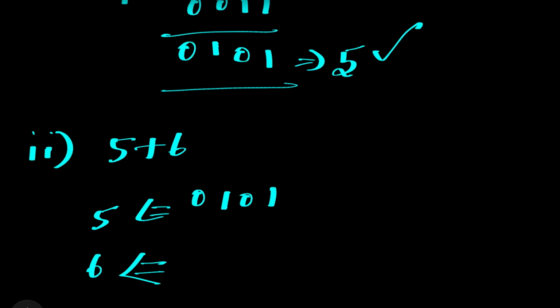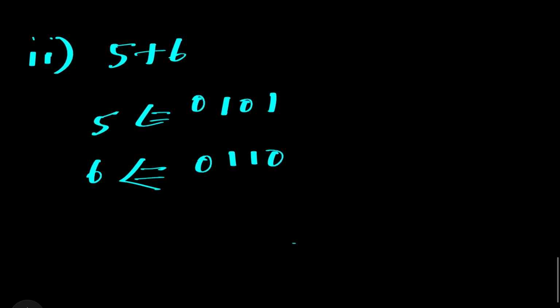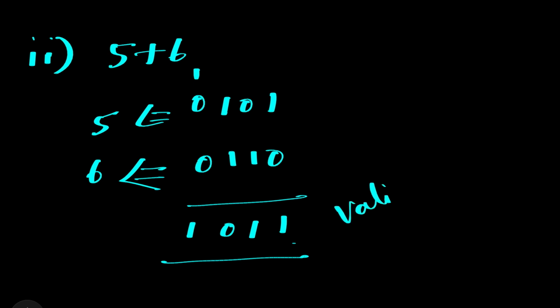So we have 0, 1, 1, 0, correct? So now if we go for the BCD addition, what happened? We have 1, 1, so 0, and there will be a 1 carry, so we'll be having a 1. Now this 1, 0, 1, 1, it's not a valid